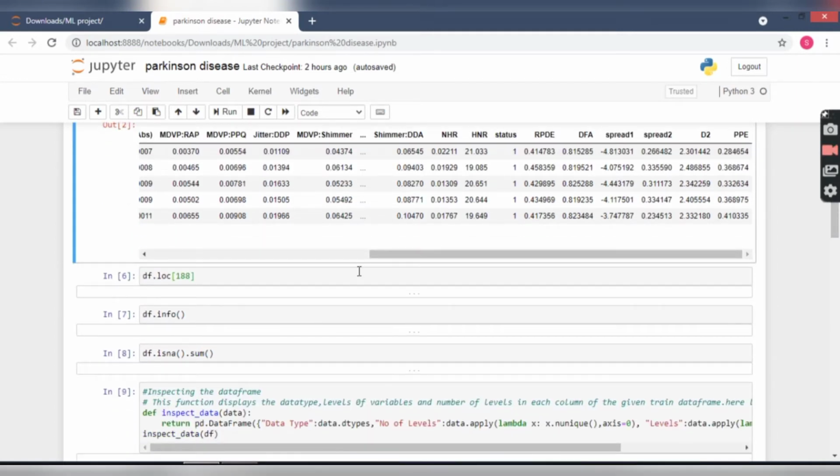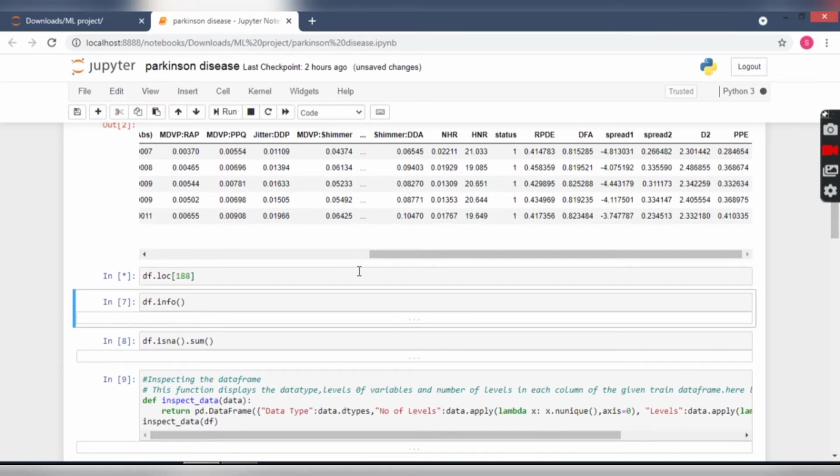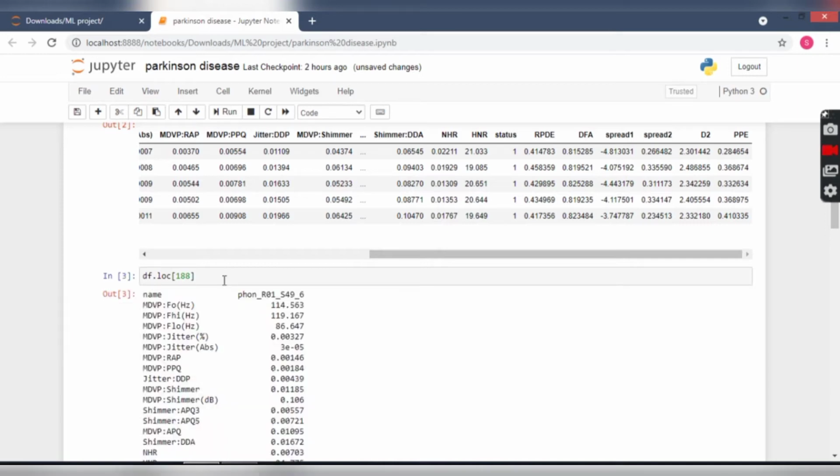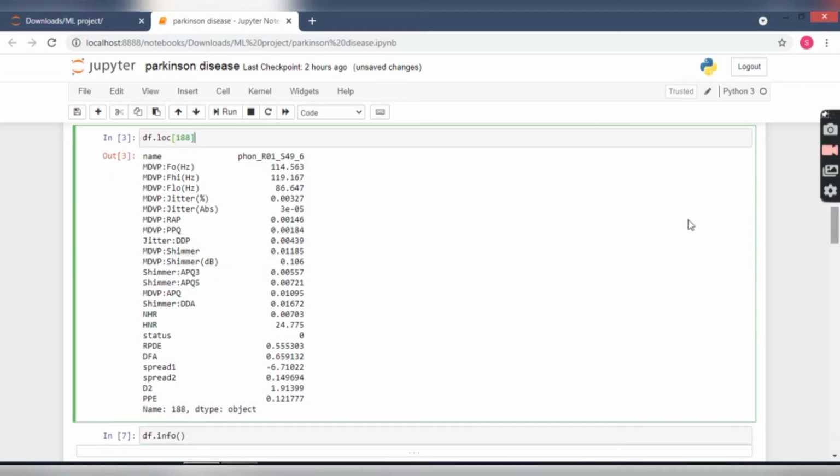In the next code we can see df.loc[188], which will give the 188th row of our data frame. Here you can see that we got all the data of all the variables.